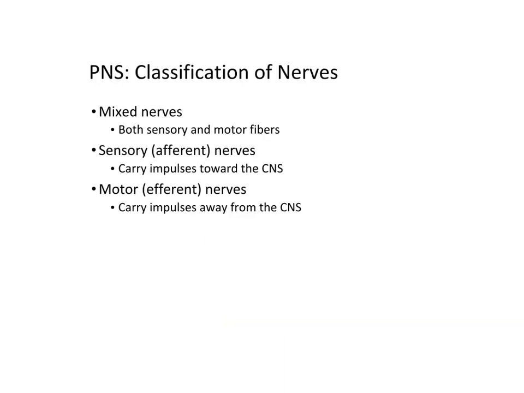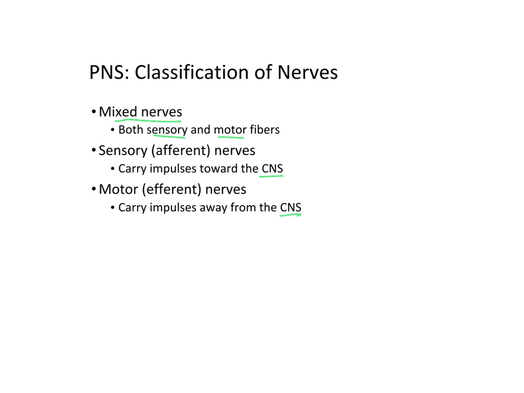Because there can be different nerve cells within one nerve, there's several different types of nerve classifications. So mixed nerves are bundles of nerve cells that carry both sensory and motor fibers. And then there's also sensory or afferent nerves. These carry impulses toward the central nervous system, and then motor or afferent nerves that carry impulses away from the